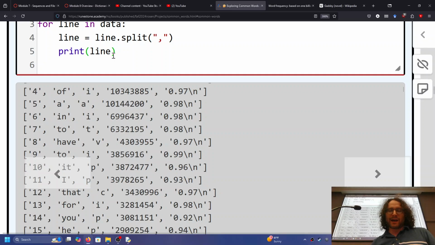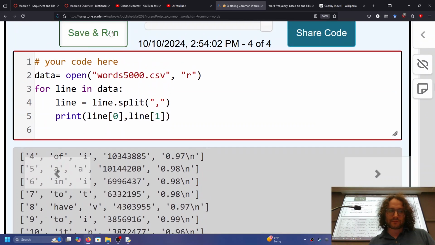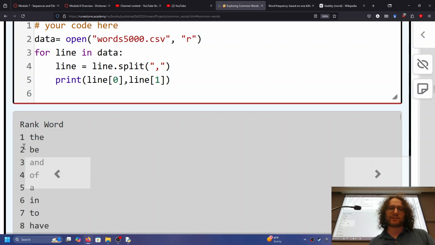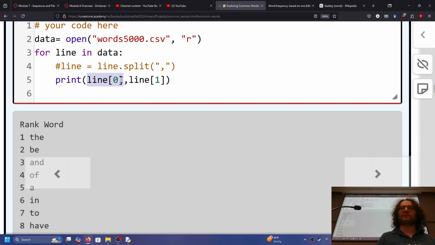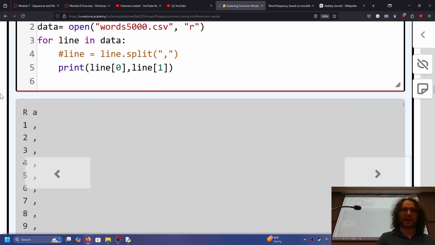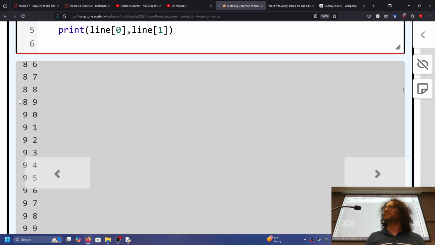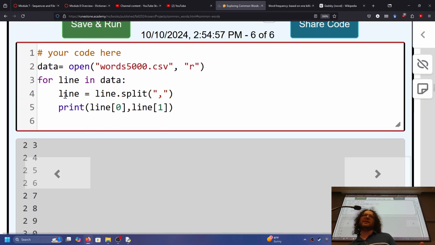So split allows us to access these all individually. What do I mean by that? I can print out each index. Actually, I'll show you. Print out line 0 and line 1. I'll print out the rank and the word: 1, the, 2, b, 3, and 4, of. But if I don't split it up, then this means the character at index 0 and the character at index 1, because it's still a string. Make sense? So what does that mean? It means when I run it, I get RA 1, 2, 3, 4, 5, and then just this, because it just prints out the first 2 characters. When I do this, though, I split it up into fields, which is really nice. In fact, you might want to rename this variable as fields, stored in different things, but that's fine. Okay? Now that I've got this,